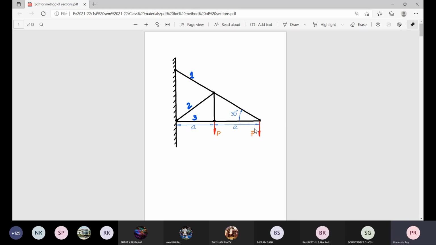We start from this joint. Now, here is one applied force P, and how many members are connected there? This horizontal and this 30-degree inclined member. So only two unknown member forces will be there at this joint. Sigma Fx = 0 and sigma Fy = 0 will give you the solution. Suppose this member is member 4. So directly from sigma Fy = 0, you will find S4 sin 30 positive, P negative. So what about the value of S4? S4 is P divided by sin 30. So that is twice P.